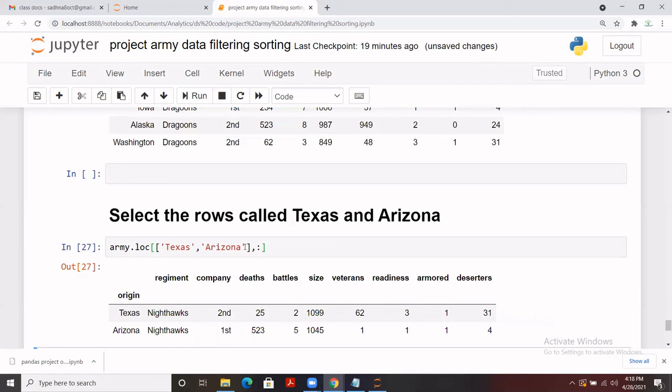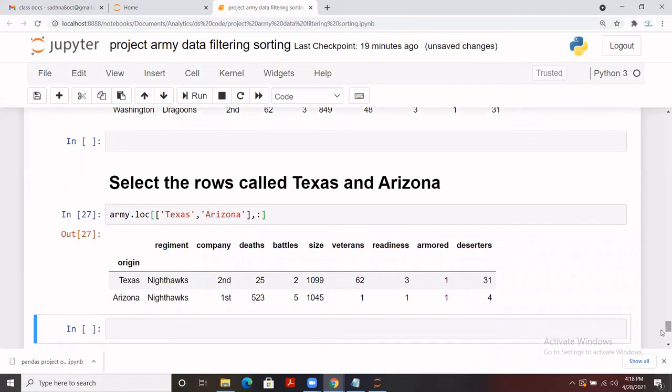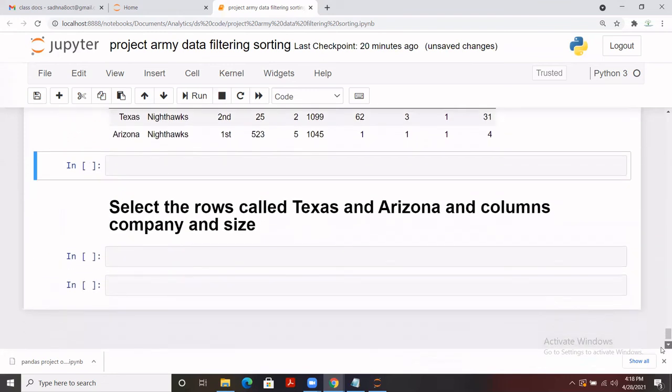So I have written something like this, because with loc and iloc we have to pass the row and column both, comma separated. The first part is for rows, which is Texas and Arizona, and all the columns I needed, because you all know that one row is a combination of multiple columns, and the same goes for one column as well. One column is made by multiple rows. If you select this row, you see we have all the columns in that. If you select this column, we have all the rows for that column, right guys?